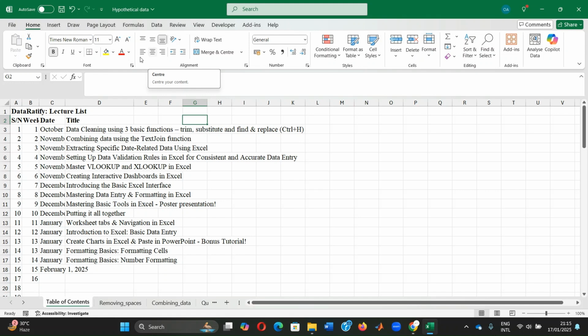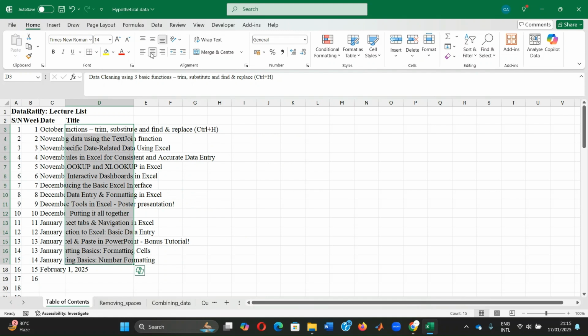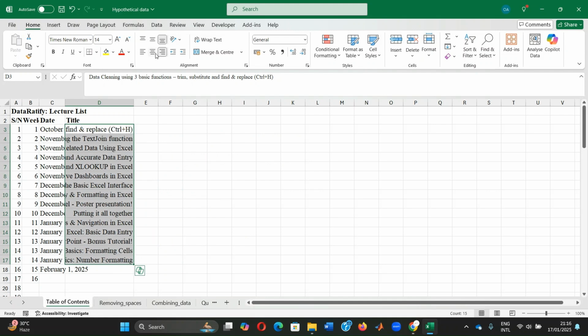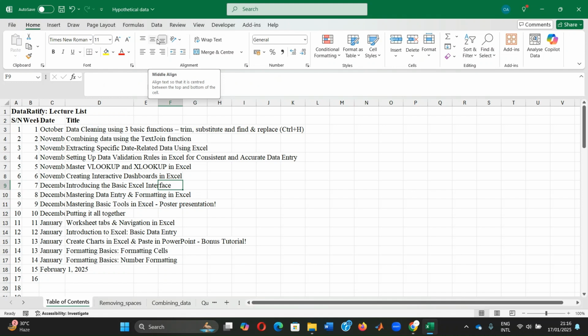For example, numbers are usually aligned to the right by default, but you can center them if you prefer, while written texts usually are aligned to the left, but you can also center them. Okay, left to the right. Just above the horizontal option, you see the vertical alignment option for top, middle, and bottom. These are particularly helpful when you're working with cells that have a lot of data, ensuring that text is evenly